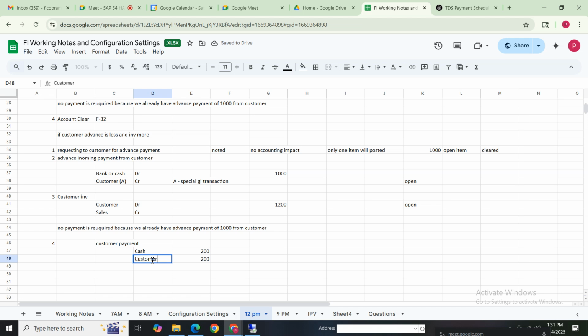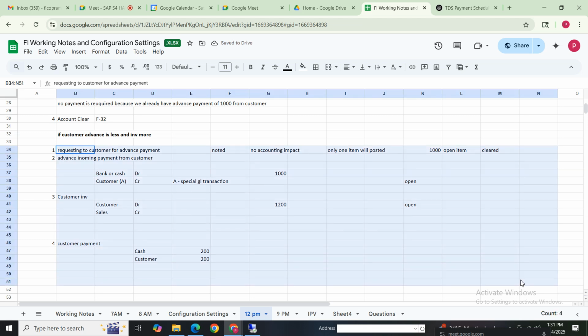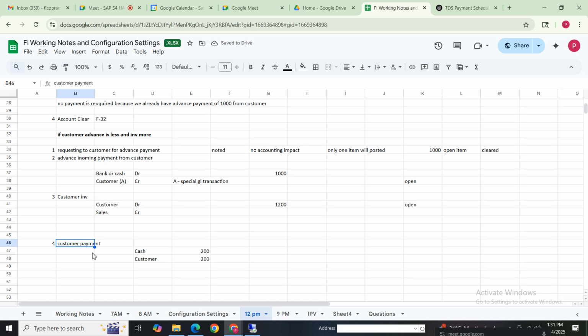Sir, it's an incoming amount from customer, sir. Why is sales coming here? I'm talking about customer payment. Is that clear, sir? Here itself while making payment we will clear this advance also.